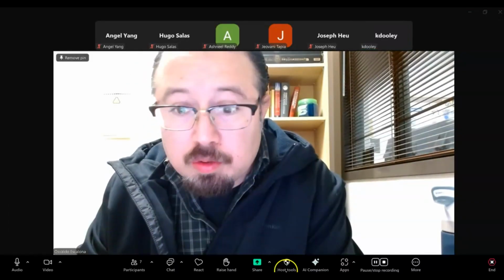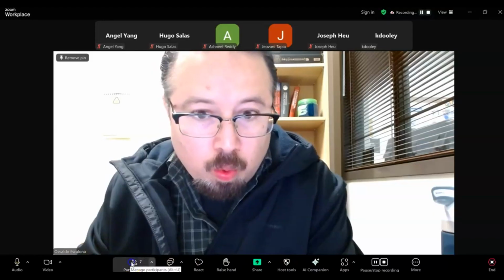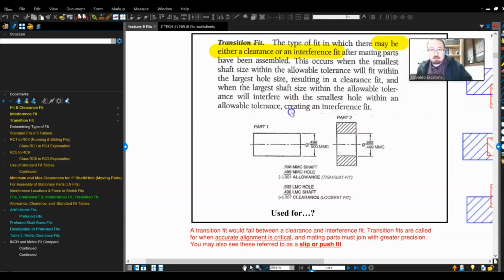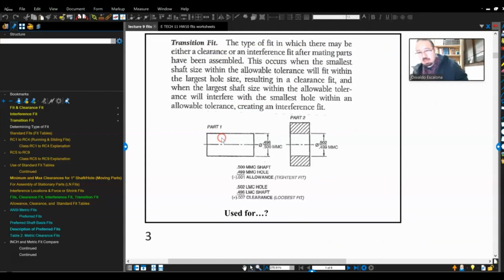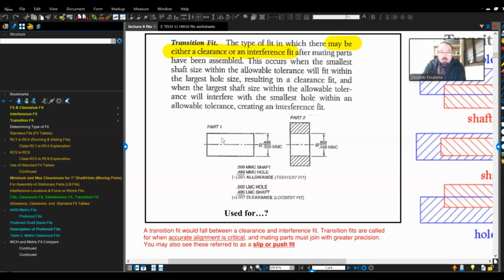Good morning, Engineering 2. Woo. All right, so if you recall, last time we met, I told you about fits. Fits are pretty much how things talk to each other. They talk to each other in terms of interferences or clearances, or somewhere in the middle, which we call transition fits. Let me go find my cheat sheet,